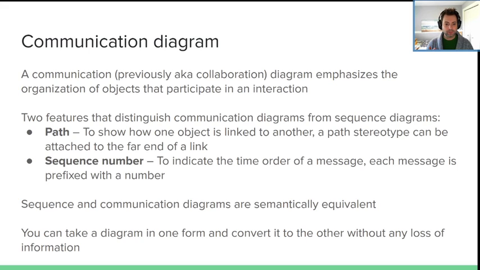Basically, we are showing the same thing as a sequence diagram. And actually, you might notice here, sequence and communication diagrams are semantically equivalent. Semantically is a very specific word, I probably should have bolded it. This is the intent of something, right? It's the meaning behind a word, its semantics. If it was syntax, that would be how we construct it, right? To apply that to English, that's your adjectives, your nouns, your verbs, that's the syntax. But the meaning behind a sentence, that's the semantics.